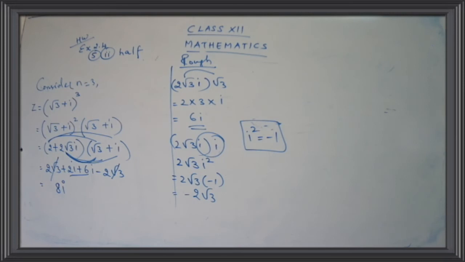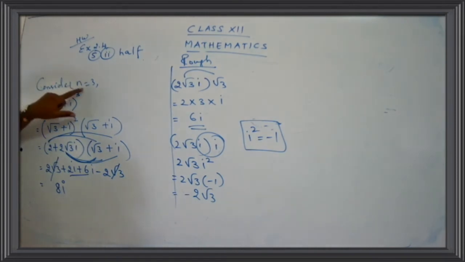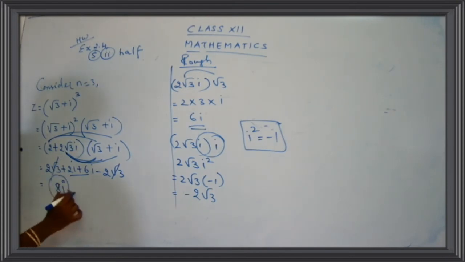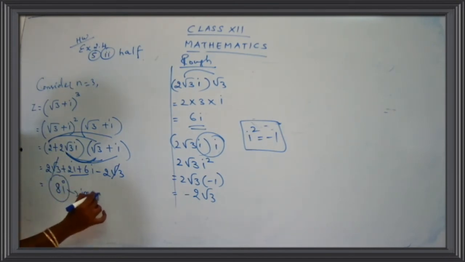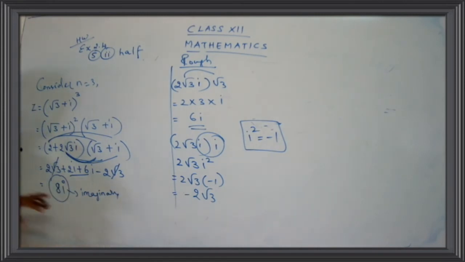Yes. See, for n equal to 1 and n equal to 2, you got a complex number which was having a real part and an imaginary part. Yes children. But now, when we took n as 3, I got a number 8i. What is this number called? Imaginary number. Why is this called an imaginary number? Because it is having the unit i. Yes children. So let us write down the statement over here.